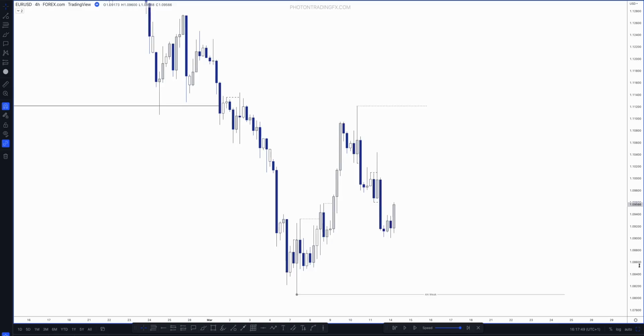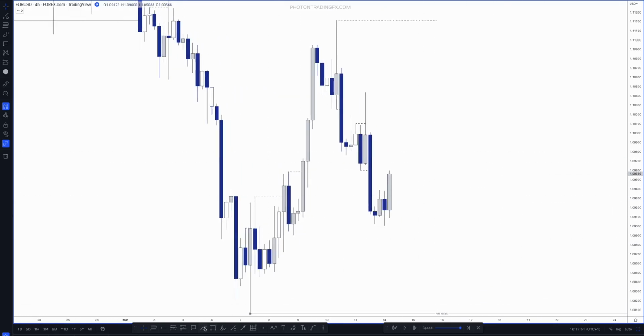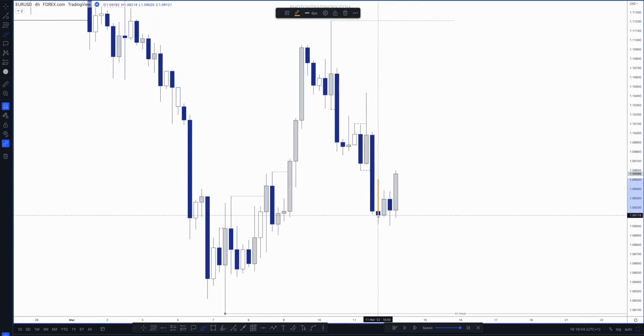So there we go. There's another change of character, right? Why is there a change of character? Because you see this candle fails to break the previous candle's low. So we had a pullback, then price came down and it broke that low. The exact moment it breaks that low, this becomes the new fractal high. And then we've had a change of character, right? So you can see that. Down, up, down, that becomes the high, and then we break it to the upside, okay? So now we've had another bullish change of character,